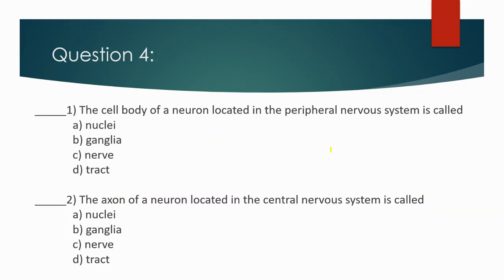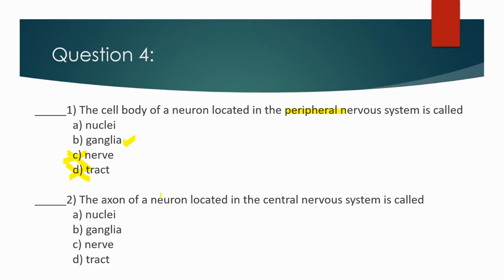All right, so the cell body of a neuron located in the peripheral nervous system is going to be called, well, it's not going to be C and it's not going to be D because those are our axons. A nerve is a bundle of axons in the peripheral, and a tract is a bundle of axons in the central nervous system. And so we're left with nuclei and ganglia, and if we're talking about peripheral, it's going to